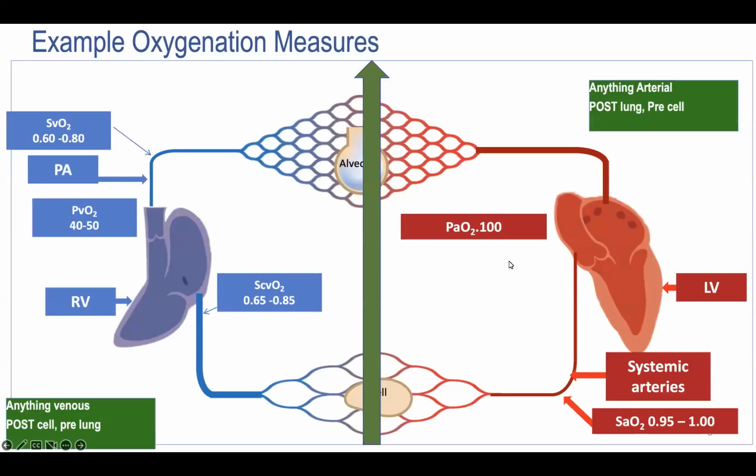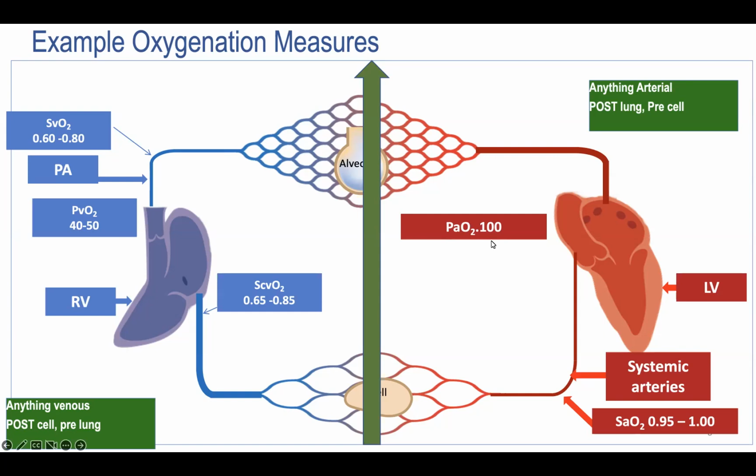So now I'm going to show this slide a couple of times and maybe in a couple of different ways. Anything that is after the lung and before the cell, I'm going to call post-lung, pre-cell. Arterial saturation, post-lung, pre-cell. I can have a great SAT and be dying, okay? Dissolved oxygen, PaO2,